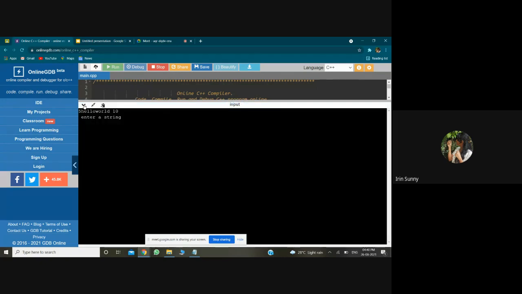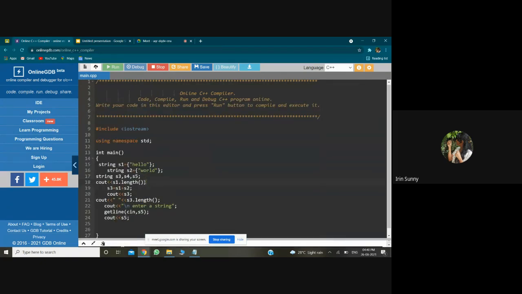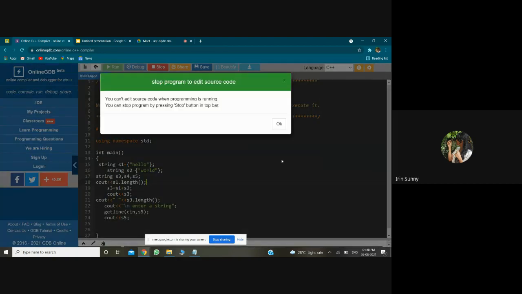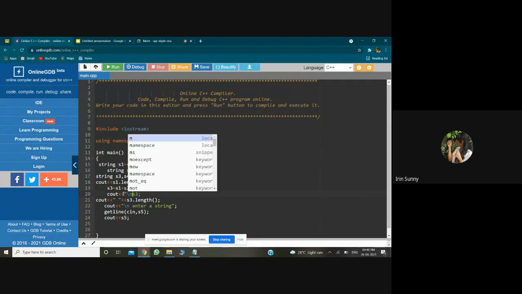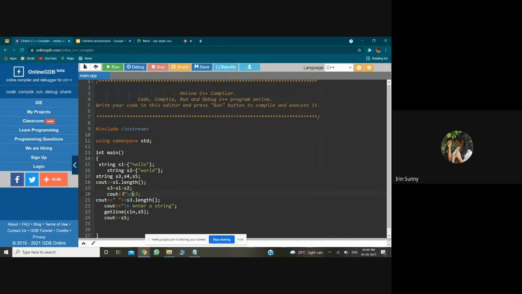I got it as 5. Then what I'm doing is concatenating by using the plus sign. Then I'm finding the string length of that s3, that is the hello world, the whole string.